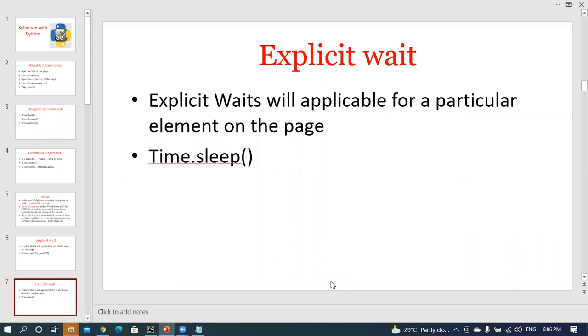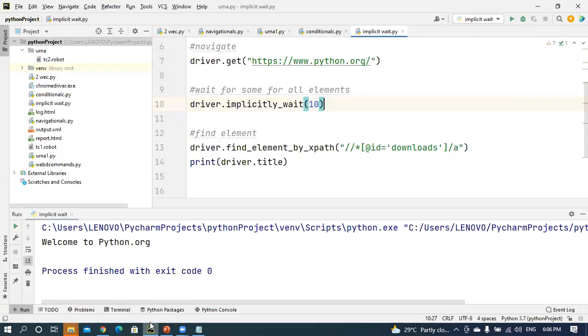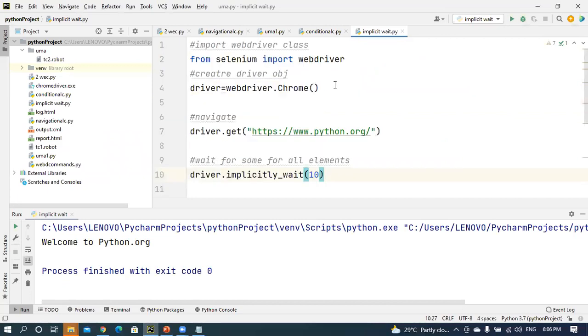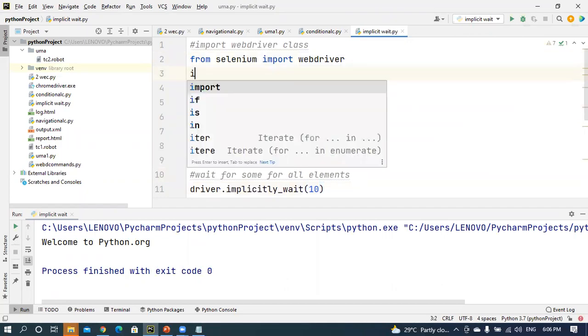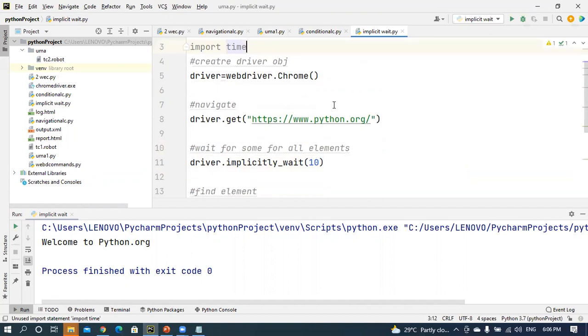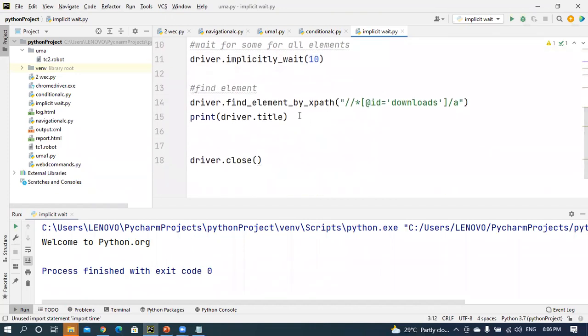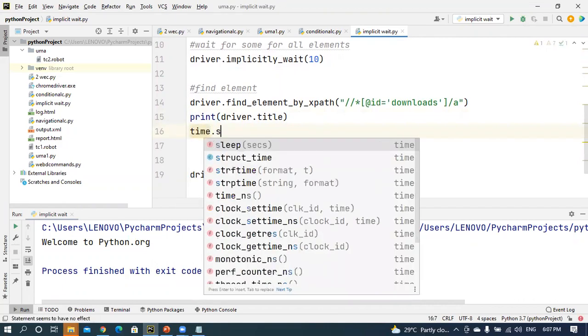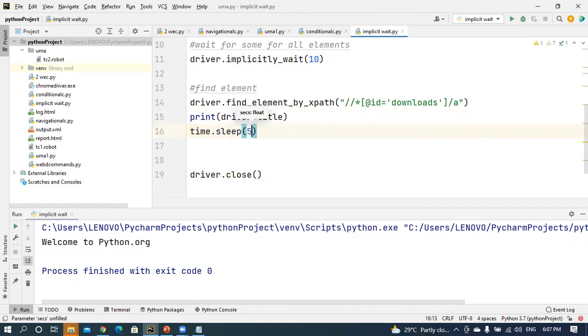For example, to get the explicit wait, first import the time module, import time. This explicit wait is applicable for each and every element. In this particular element, I'm going to wait for some time. Time dot sleep, time dot sleep 5 seconds.